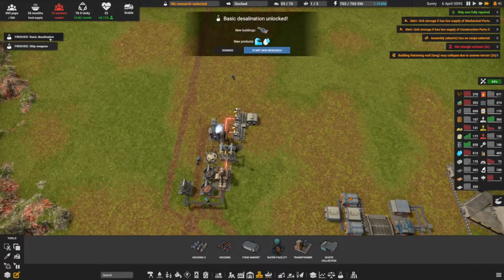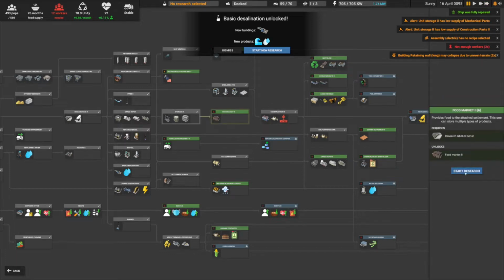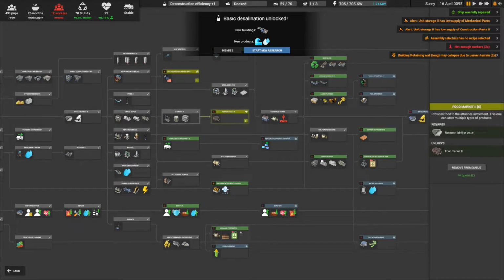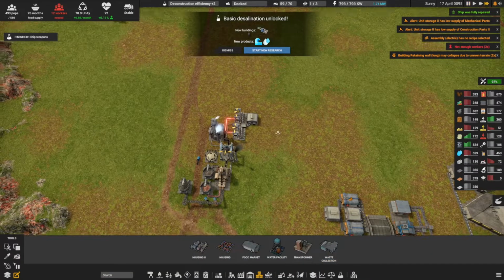The basic desalination. What did we actually want? No, we didn't actually need to do basic desalination yet. So shall we take a bit of a rest on the? Oh, actually, let's do the food market too. Deconstruction efficiency. Deconstruction returns plus 10% more products. Includes vehicles deconstruction as well. Well, let's get that done, and then we'll do the food market also. Oh, actually, then we need to do this. Okay, there we go. Plenty of stuff that we should be